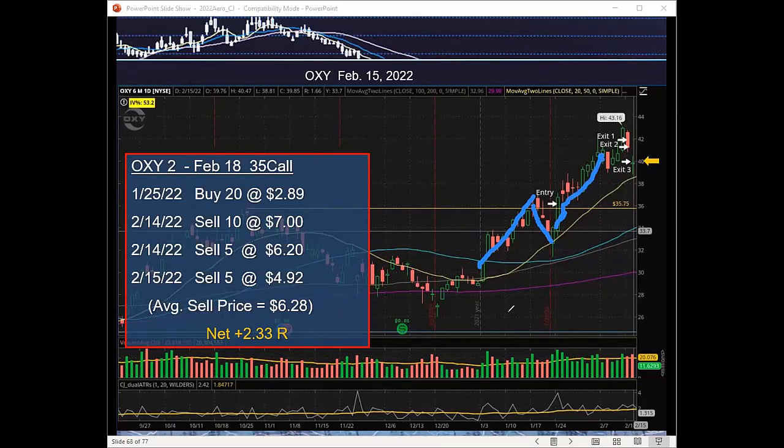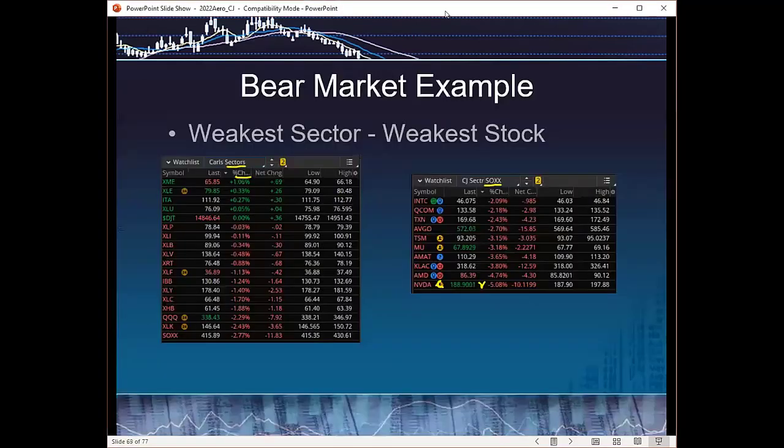In fact, it made a move almost the same size as the prior 2 or 3 week move. So when you see a breakout and it fails, don't worry about it. It might still have some juice left. Keep it on your short list to keep looking at. Okay, let's give one more trade example of a bear market.